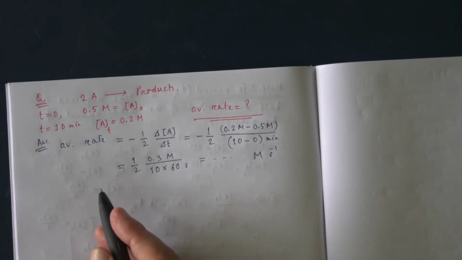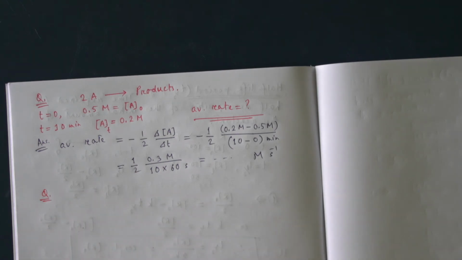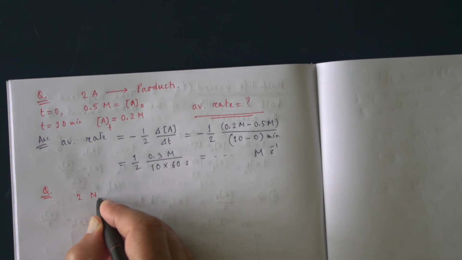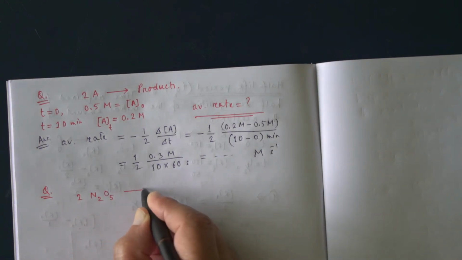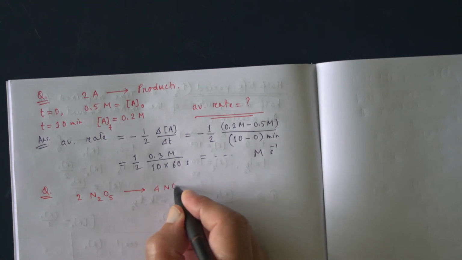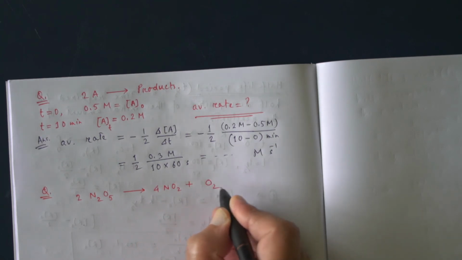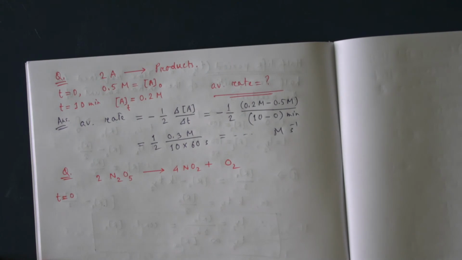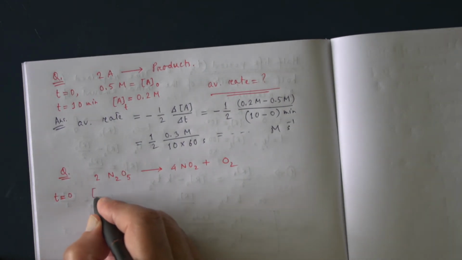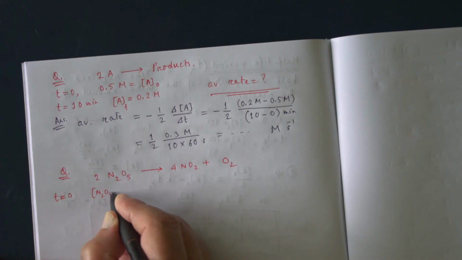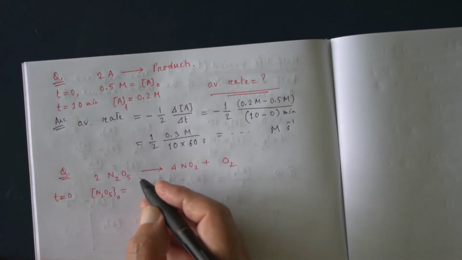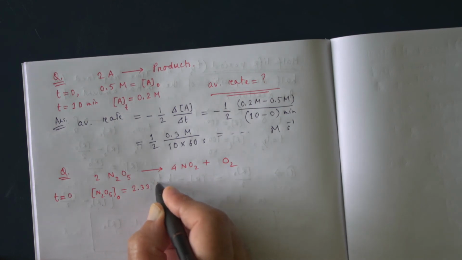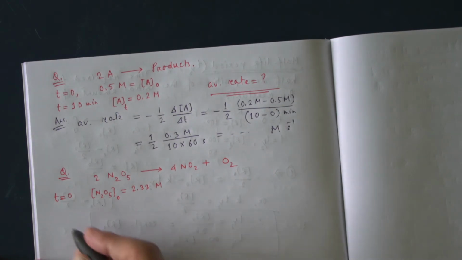similar question, you see, say this is the reaction 2N2O5 going to 4NO2 plus O2. Okay, so initial concentration of reactant, N2O5 naught, initial concentration is 2.33 molar, 2.33 molar. And after